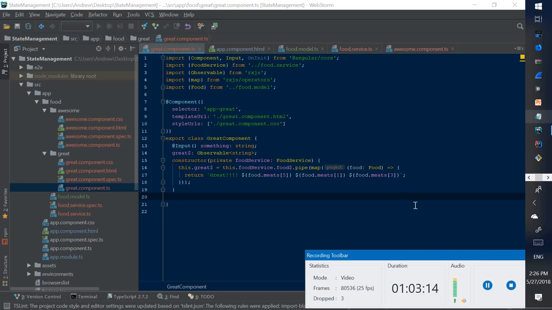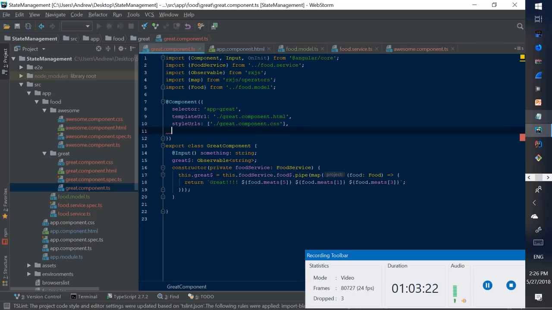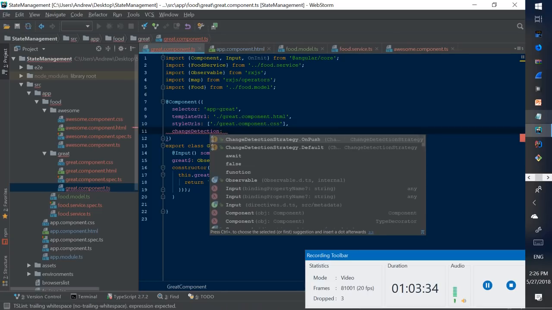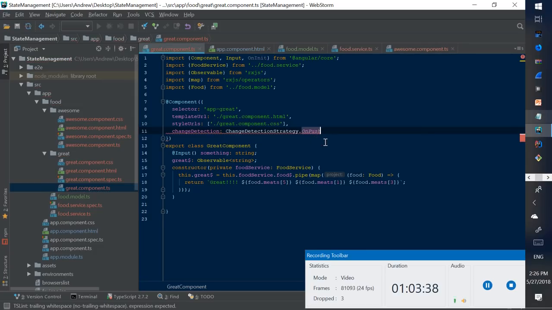All right, so let's get started with the advanced topic. It's actually really simple. All I'm going to do is add an attribute to the component decorator. I'm going to call it change detection. I had mentioned this earlier, and you can see here there's something called on push change detection. Honestly, the documentation about it is terrible, but from what I've gathered